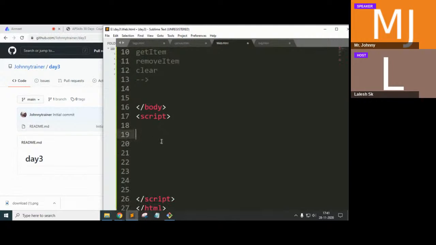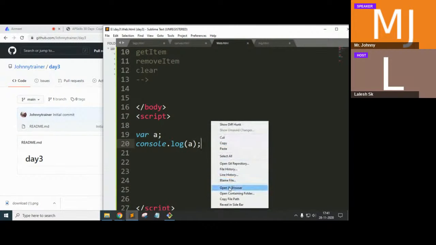This can also be implemented using JavaScript, like we cannot code alone using HTML. So first, let me write some basics of it. As we have discussed, we call this one a variable. Suppose I want to display some value of it, I'm trying to write var a, console.log of a. In the sense, we are declaring a variable followed by the variable name, and I'm trying to display it. If I open this in the browser, see here,